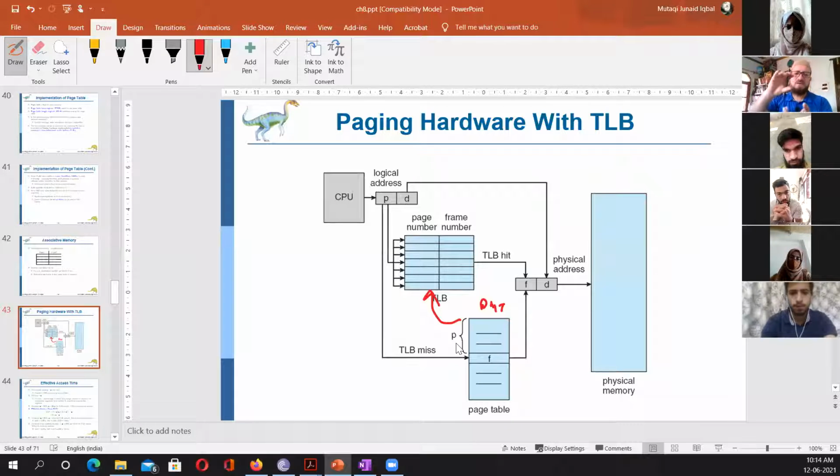Whatever is in the PMT, we put a small part of it in the TLB, because we know the principle of locality of reference. If you are working on this instruction, it is most obvious that you will work on the next instruction and so on. So what is in it? Is it data? Yes or no? Open up the mic or chat.